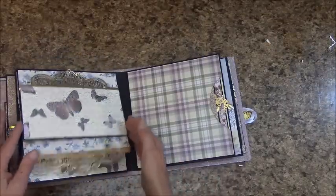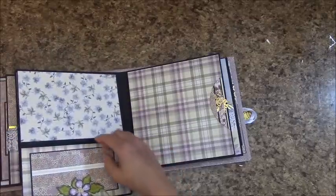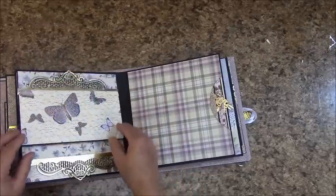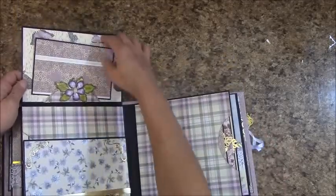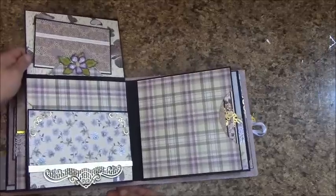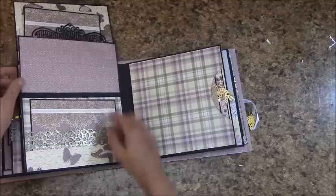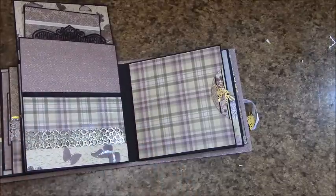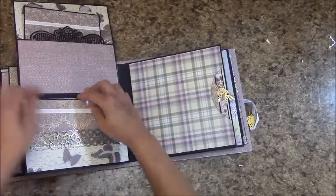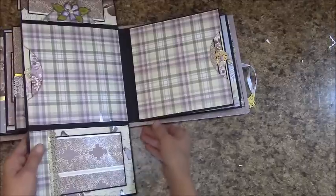Okay, on this page, this is a multiple fold out. And you can fold it down, and there's a place to put a mat or a tag, whatever you'd like. And then it folds up, and again. Okay. We do have this, and it's going to do the same thing. It's going to fold out, and we have a pocket here. And you can coordinate your picture mats, the decorative paper, any way you like. It's all according to taste. And then it folds down again, and I have a